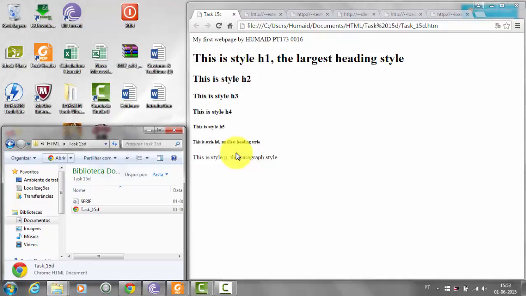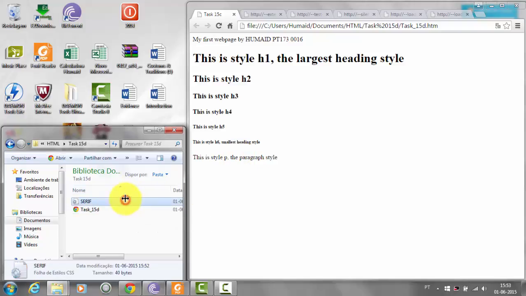Now edit this style sheet so that it sets the font family to sans-serif. Save the file using the file name sans-serif.css.